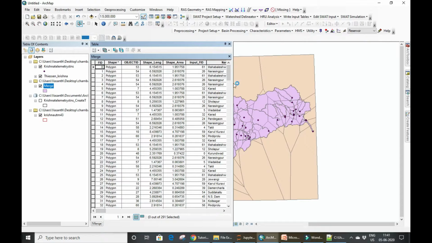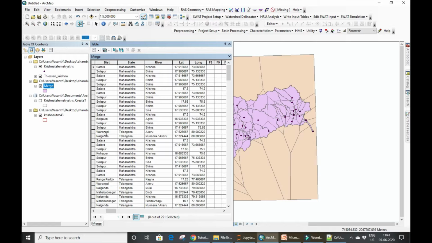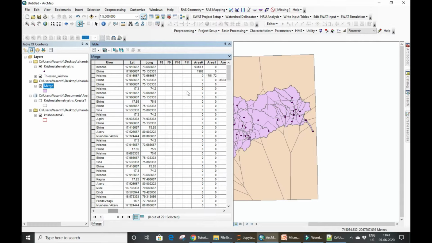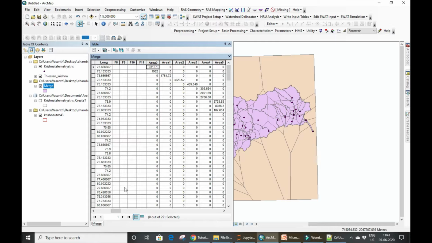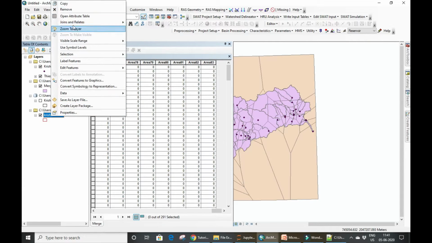Let's see what is exactly available in this merge file. You can see the name of the stations, the name of the point rainfall stations, and what is its corresponding contribution area to subcatchment number 0, subcatchment number 1, subcatchment number 2, up to subcatchment number 83.